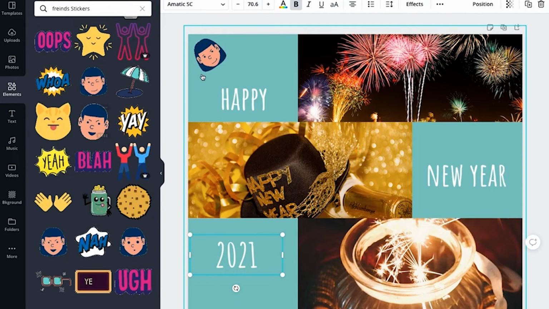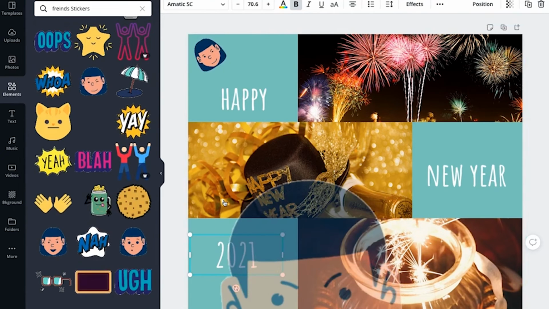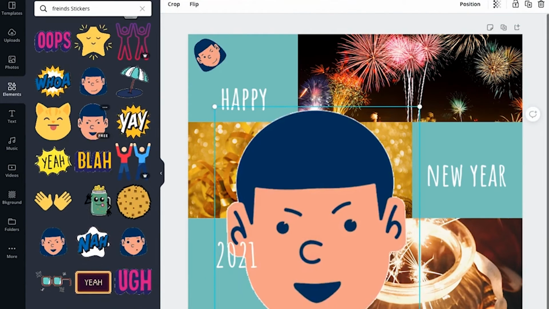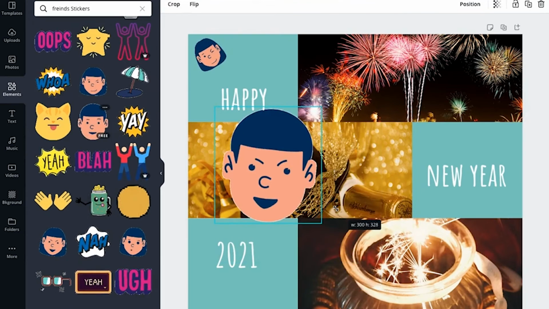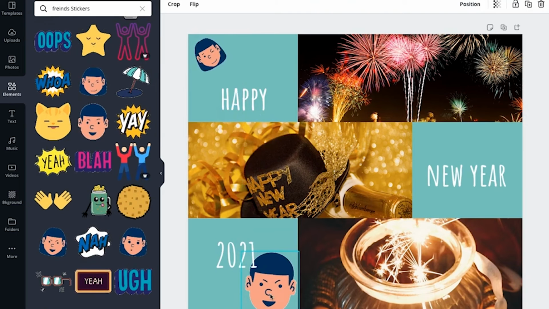So since I have added a girl, let me just go ahead and add a boy here. I will just drop the sticker here, resize it accordingly, then add it to the last block here.